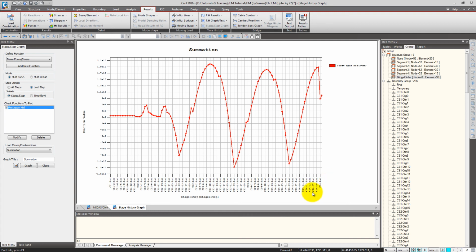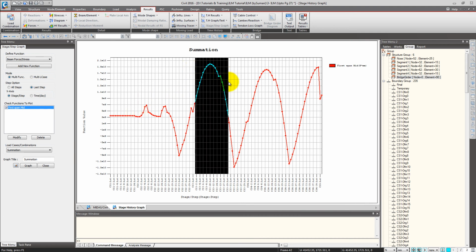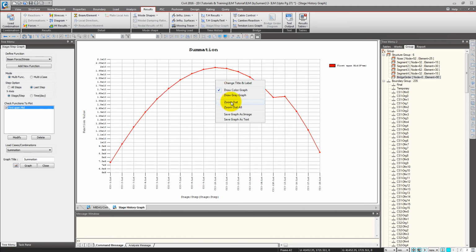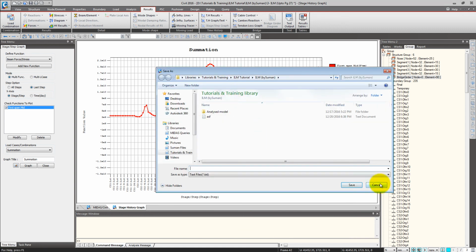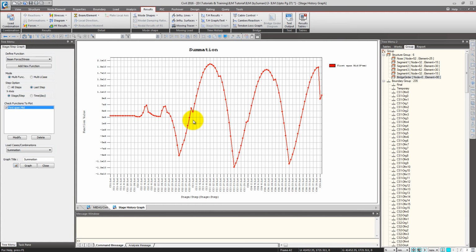So on the x-axis you can see the different construction stages starting from CS1 till the last. So for that element, how the moment diagram is varying, what's the moment, you can check from here. You can zoom in and zoom out, and you can save it as text so that you can see the values. Okay,